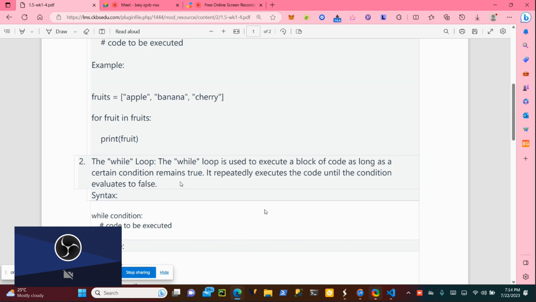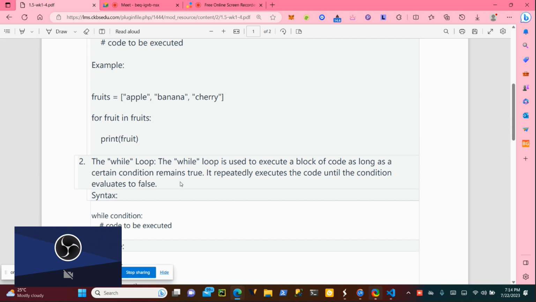So a while loop is used for repetitive tasks, something that you want to do over and over. Maybe I can say, hey, Marcel, print your name 5 times. What I want you to do is repeat print 5 times, which is a repetitive task.